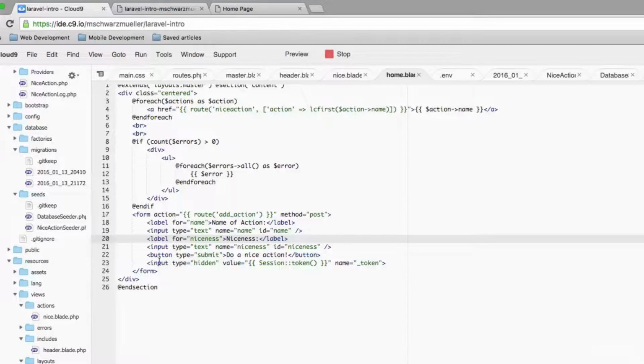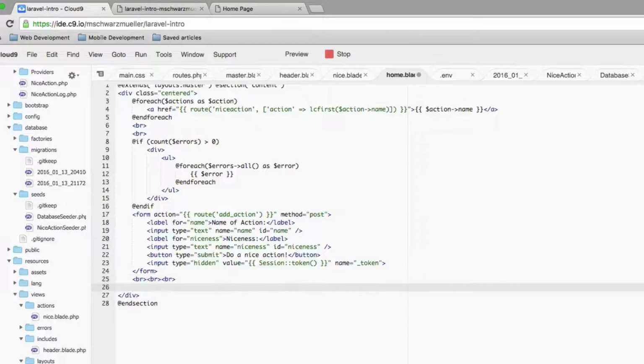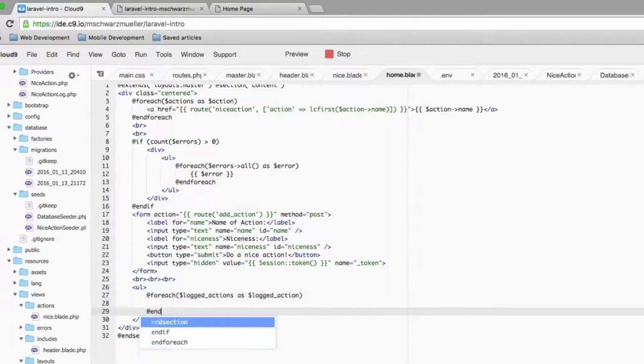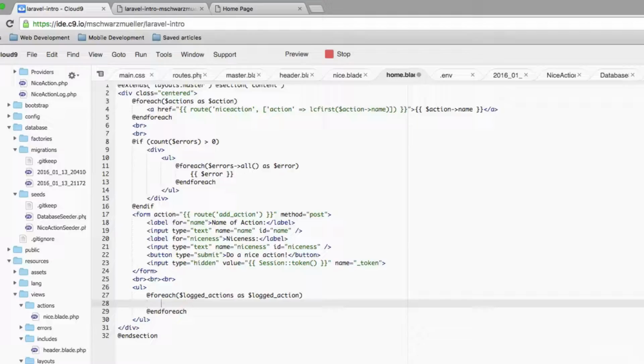In our home view, below our form, let's add some line breaks. And then for the moment, just add an unordered list here, where we then loop through all our logged actions as logged action, and for each, we just want to output them here. So only output